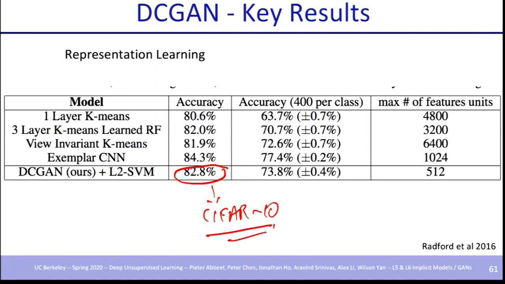So that was very encouraging. It's not as good as, so this was a self-supervised, exemplar-based method, and that was doing better than their model. And there are other models like the work from Adam Coates from Stanford. He'd done a lot of k-means-based methods for CIFAR, but it was pretty competitive with those methods.